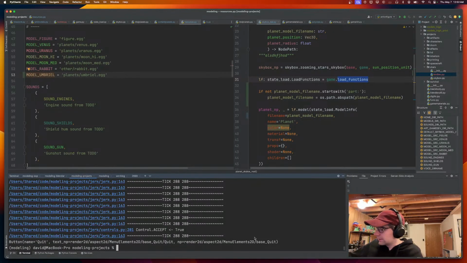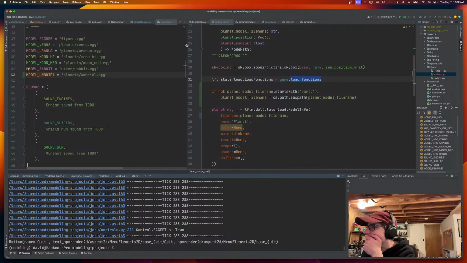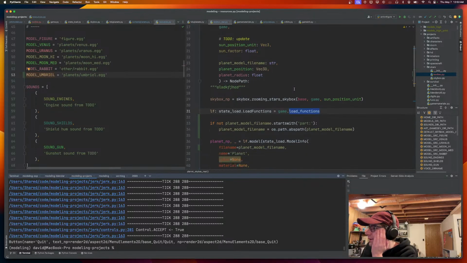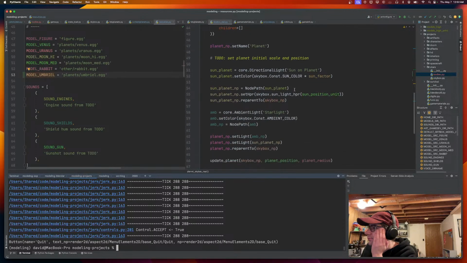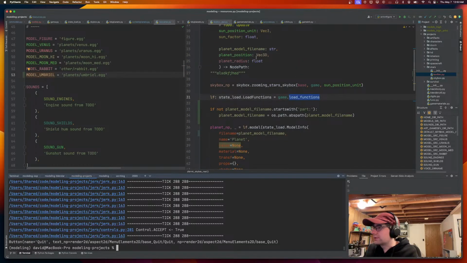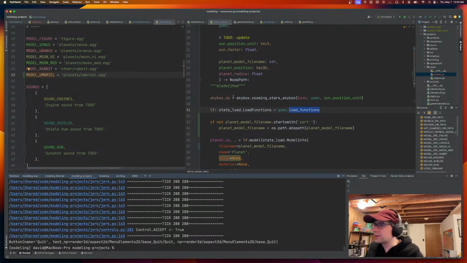So now, let's try loading multiple things. So yeah, let's make this real planet skybox take multiple planets. What could go wrong, right? So we've got